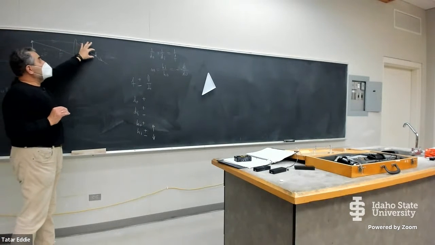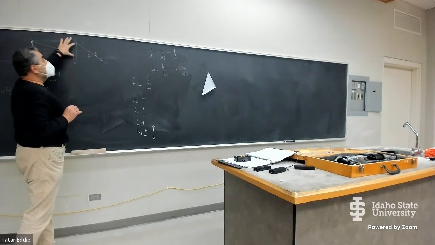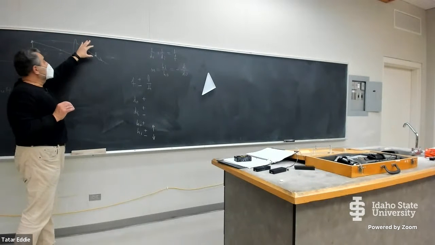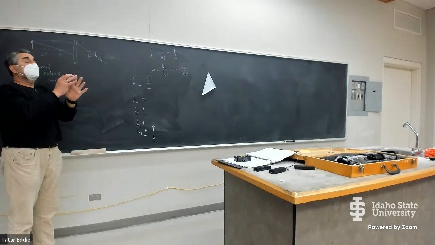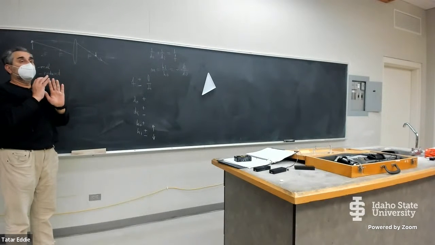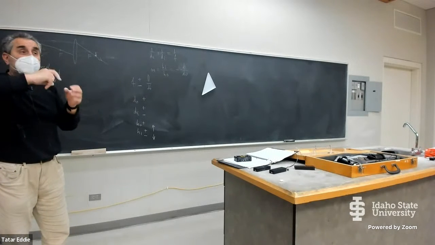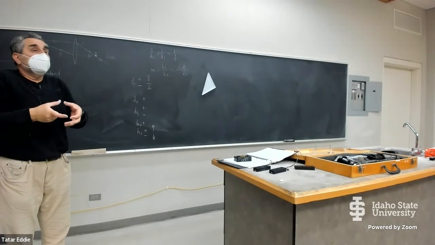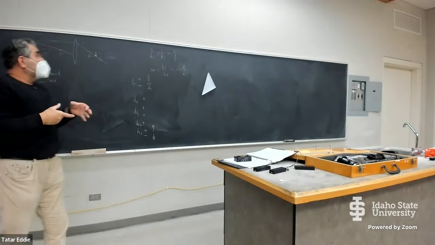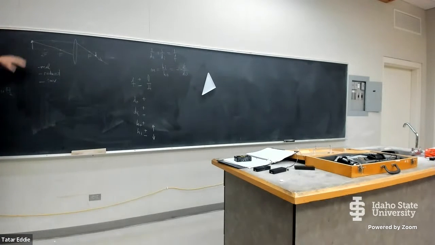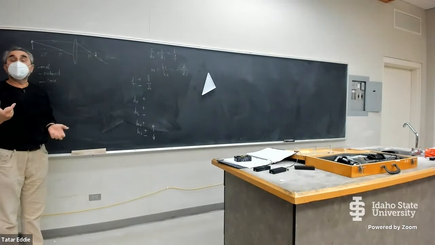You want the image created by this single converging lens to fall exactly on the retina. And the retina, of course, is on the back of your eye, and it is a small area. So you want to form images of large objects in a small area. Therefore, you want them